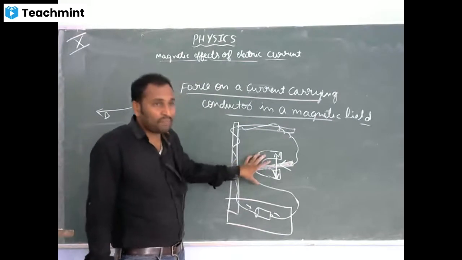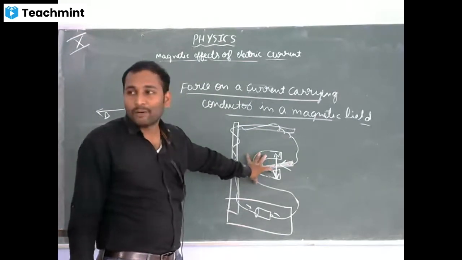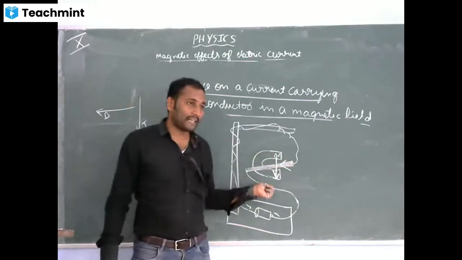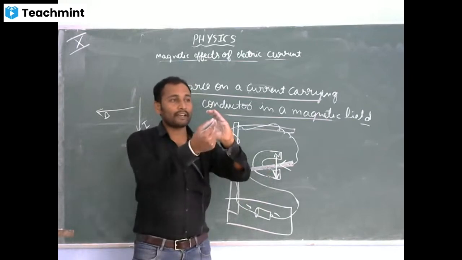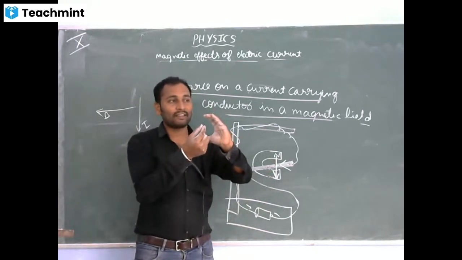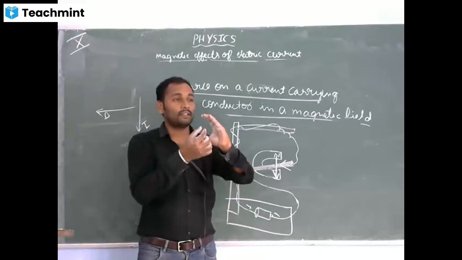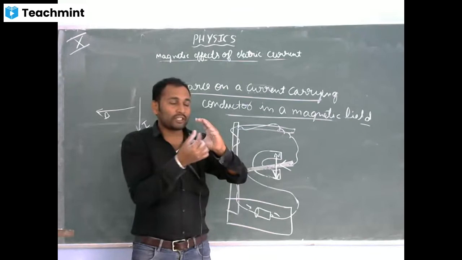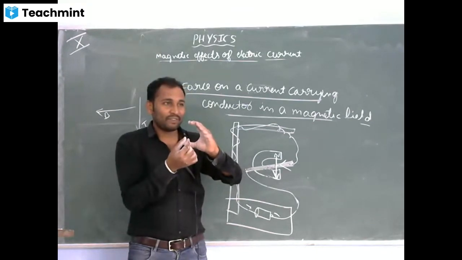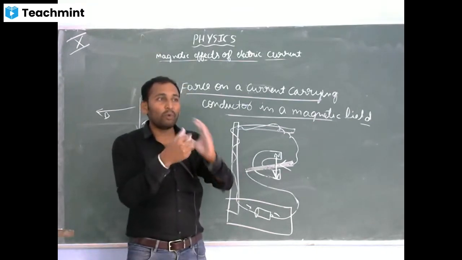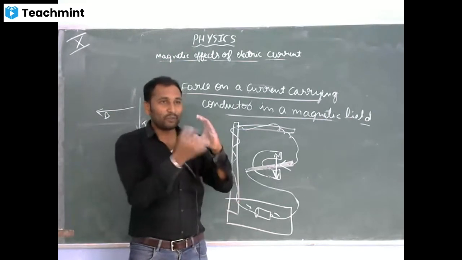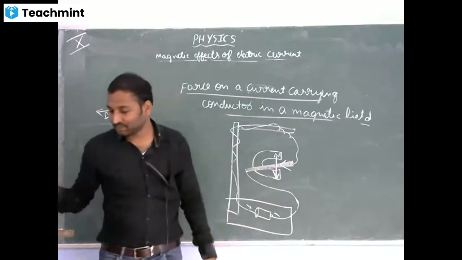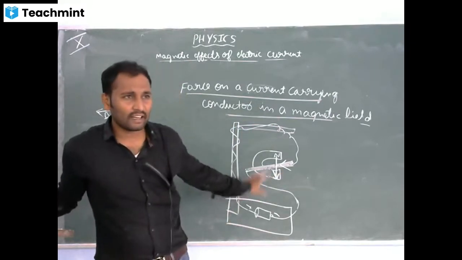So this principle we will be using in electric motor. What I have done, I have placed one magnet. I am allowing the current to pass through the conductor. So what is happening in the conductor? Conductor is moving. So motion will come into picture, right? So with the help of current, we can move some objects. So that is motor. I'll explain next. Did you understand? Clear now?